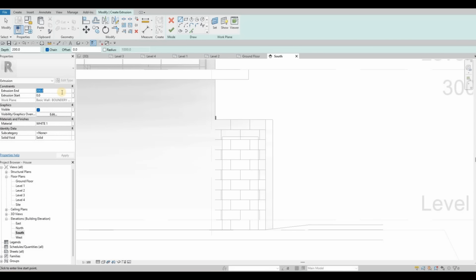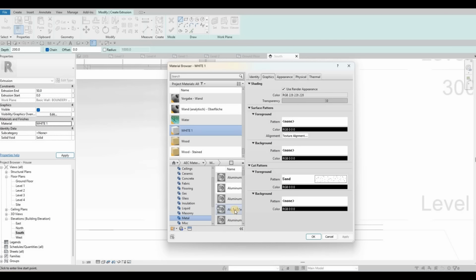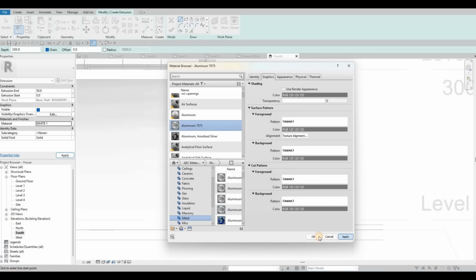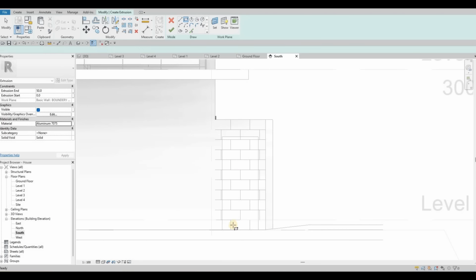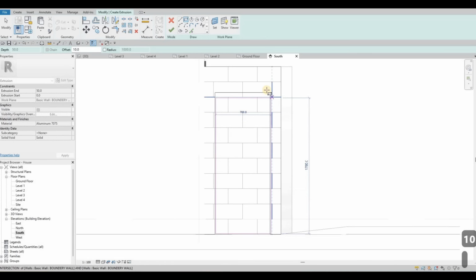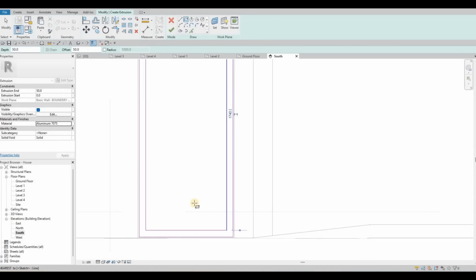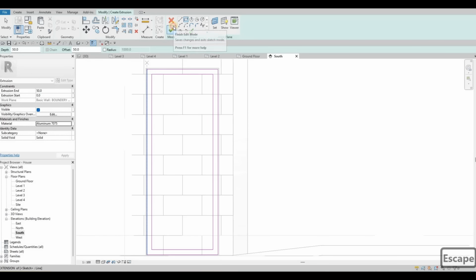And then here we're just going to make it a 50, change this one to a metal material, and then offset this one to 10, spacebar, so that it's from the inside, and then offset this one to 50, and then click finish,